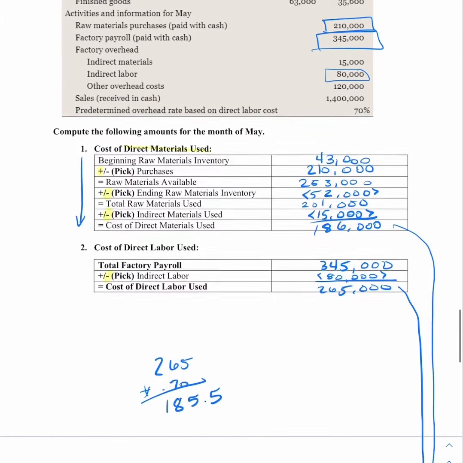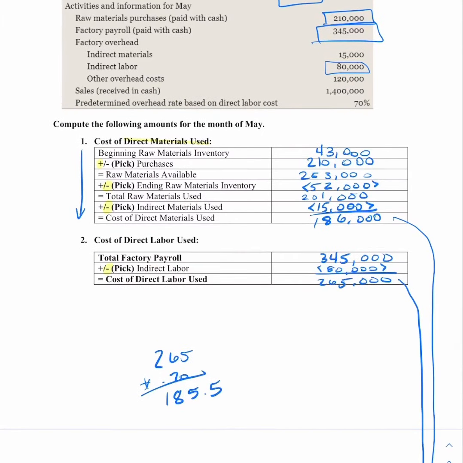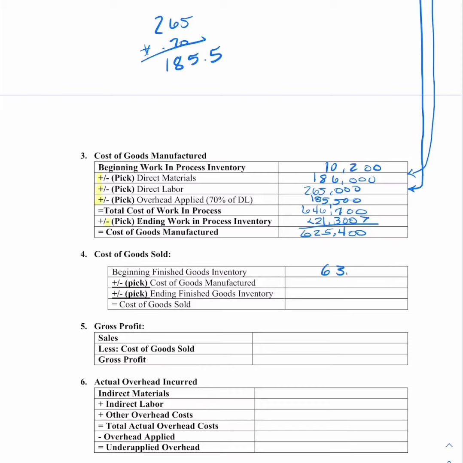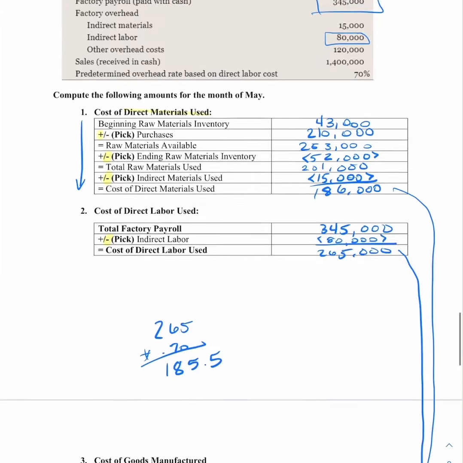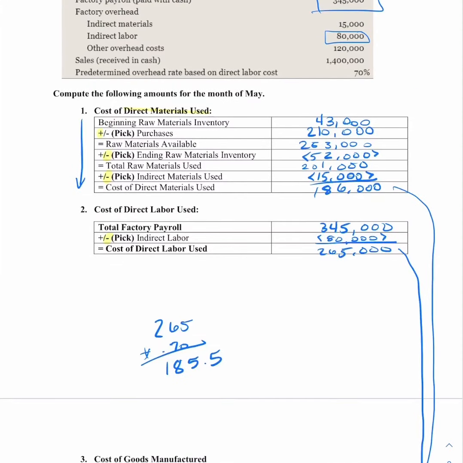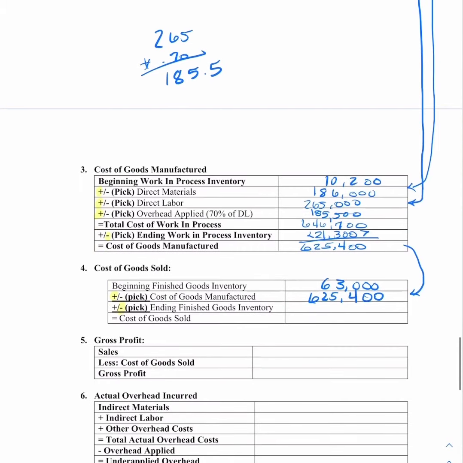Now for the next piece, we need to calculate cost of goods sold. So here we need beginning finished goods inventory, so $63,000. We will then need to add the cost of goods manufactured, which we just calculated as $625,400. We will then need to back out my ending finished goods inventory for $35,600. And when I do so, that will give me my cost of goods sold for